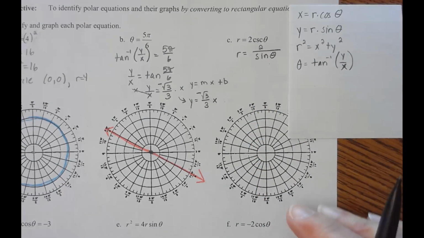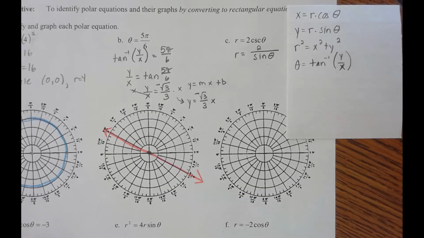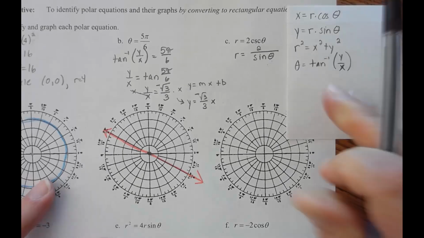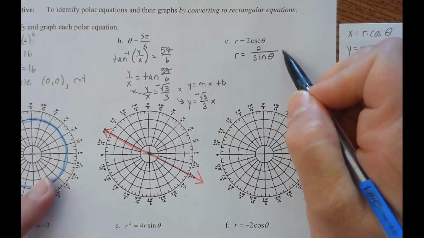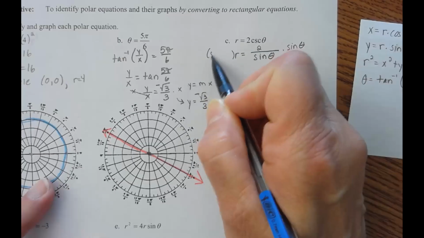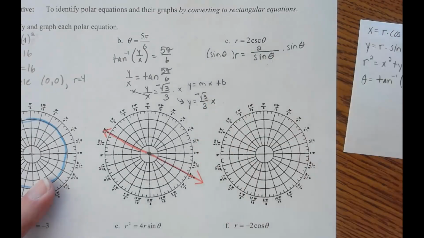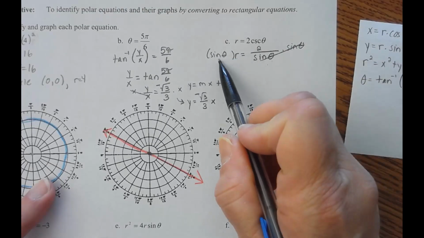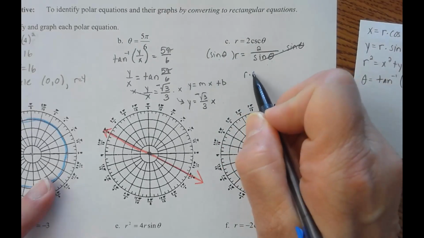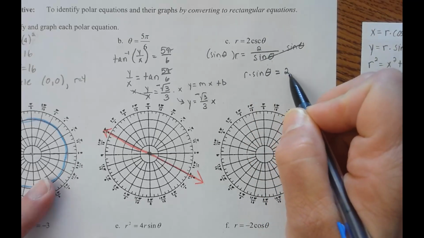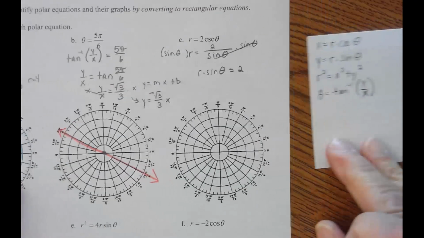Now I'm getting closer to one of these. None of these have a denominator with sine. So the next thing I'm going to do is multiply both sides by sine of theta so that I can get it out of the denominator. When I do that, I end up with r times sine of theta is equal to 2. Now, when I go to my toolbox,